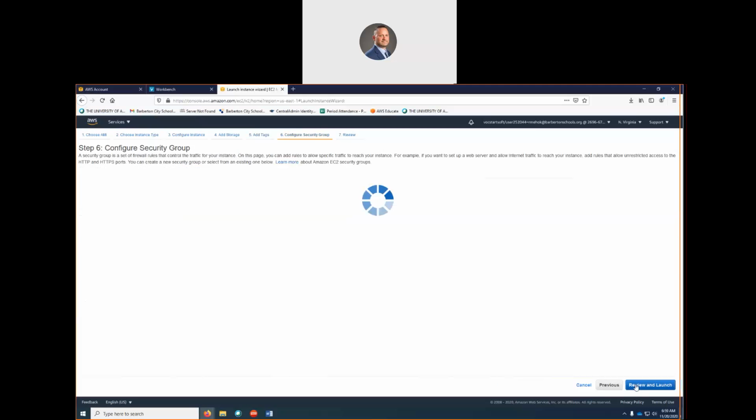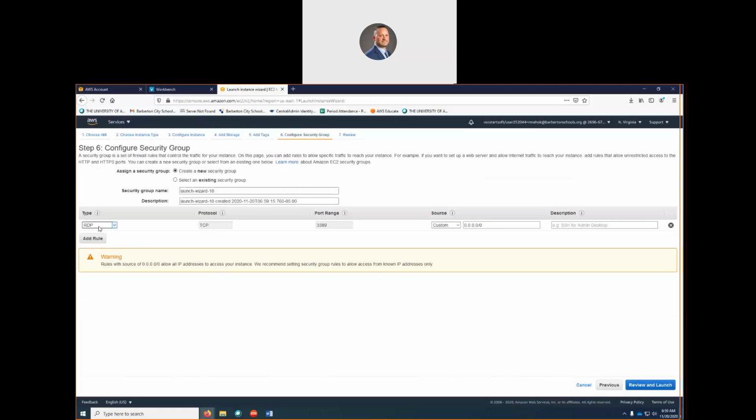Now we're going to go to the security group. Remote desktop. That's the only way we're going to get into the server, so we have remote desktop using its port number. And then the IP is all zeros. That means any IP can access this. We should probably put your IP in there for your ISP. That way only you can get to it.